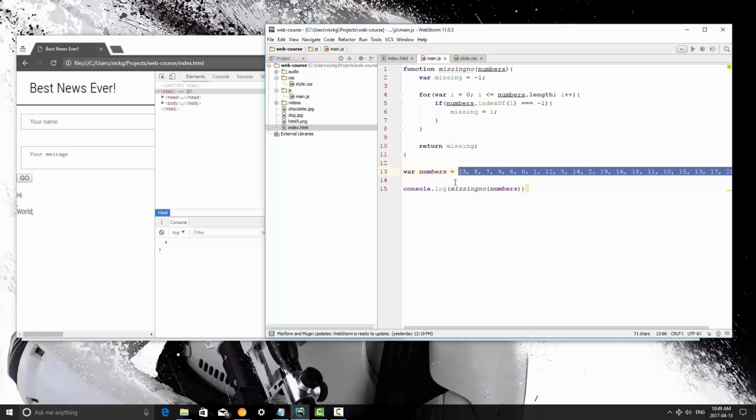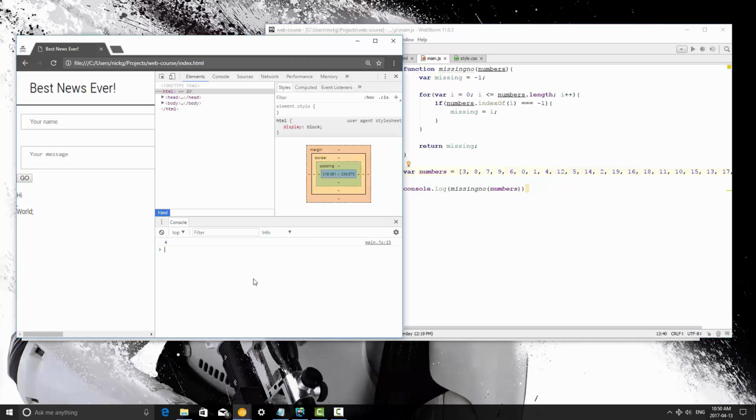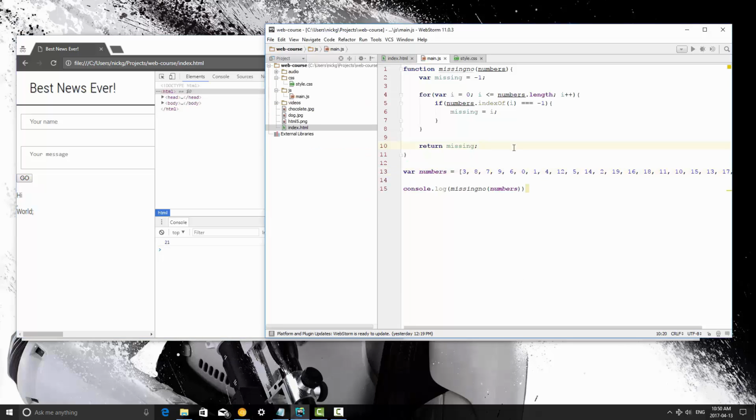What I've done here is we pass this jumbled up array that's missing one number into this function, and we set missing to -1. This is just basically for it to have a default state, and -1 is nowhere in here, so it's kind of irrelevant. If this were to return as -1, we would know that no number is missing. So for instance, if I put 4 in there and save it, refresh, this is going to return as 21 because